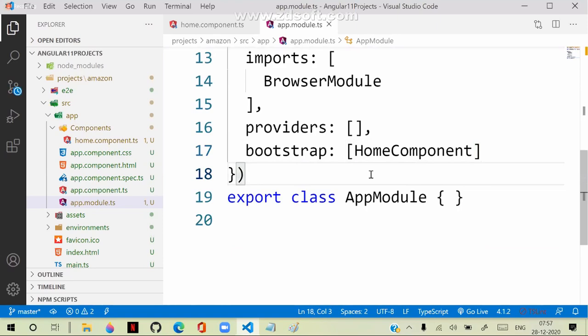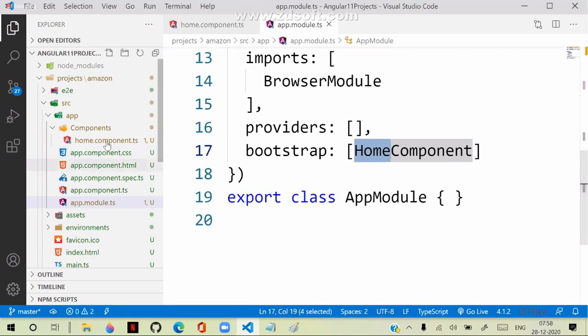Another point, now you have to tell the index page to access this startup component that you have mentioned and use it. Because remember, the index page can access the component which is defined in the bootstrap. It cannot access any component which is not defined in bootstrap.